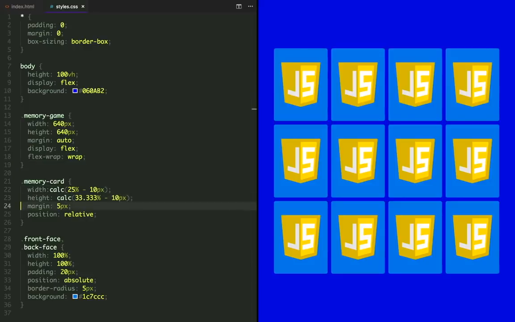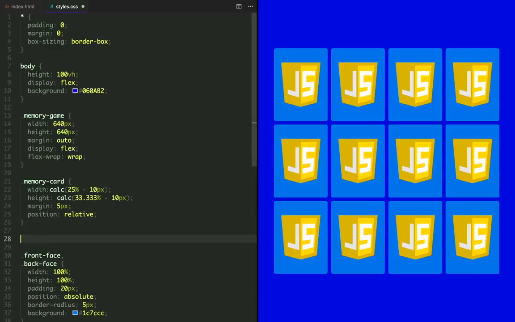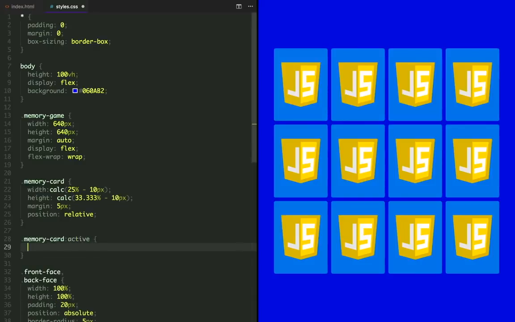Let's add a click effect to the memory card. So the active pseudoclass is going to be triggered whenever an element gets clicked. So we're going to apply a transform scale of 97% of its original size.